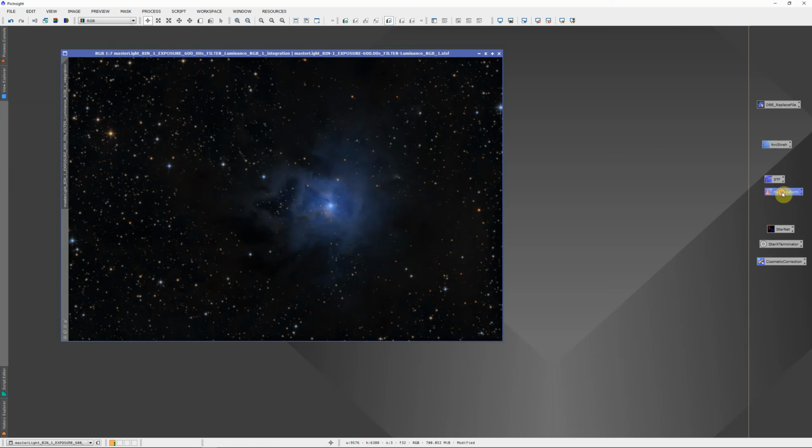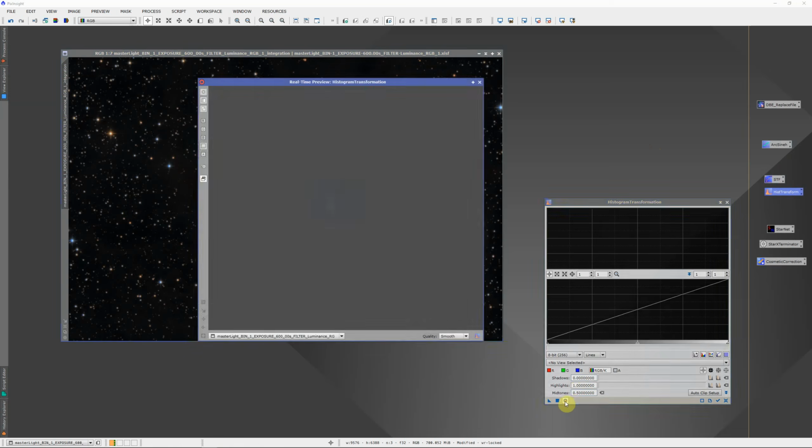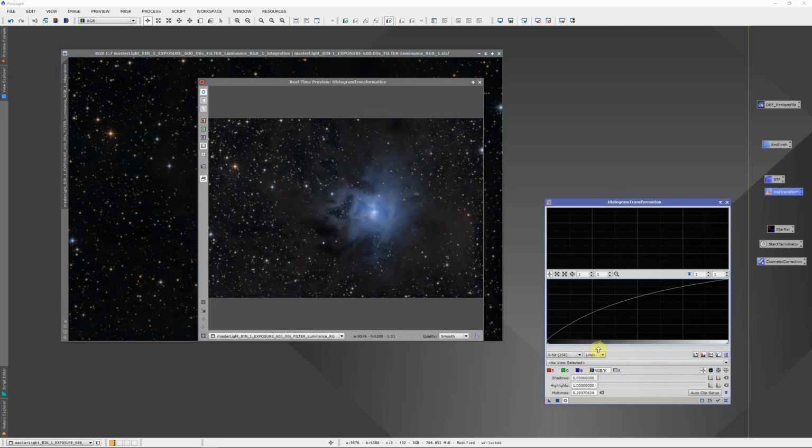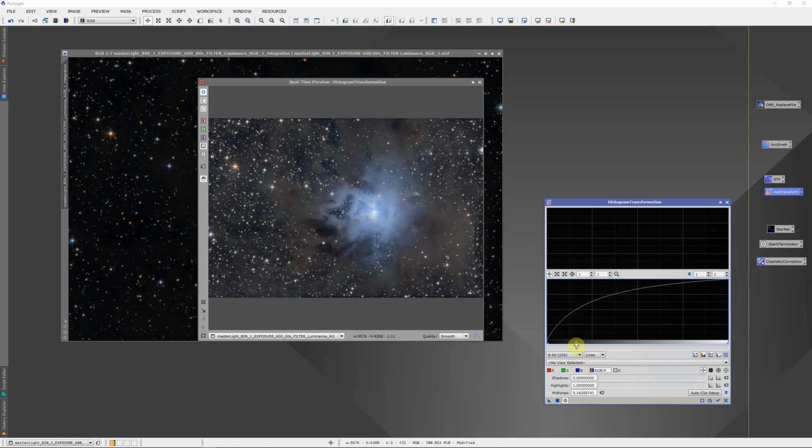So we'll pull up our histogram transformation tool. Again, turn on our preview with the circle. And now we can play with just manually stretching this to find a point that we feel looks pretty good. We've got a lot of detail here in the core, still have a lot of color in the stars, and in fact we're bringing out more of the dust detail that was not as obvious in the screen stretch version. So let's say we like this version, so we would apply our histogram stretch,